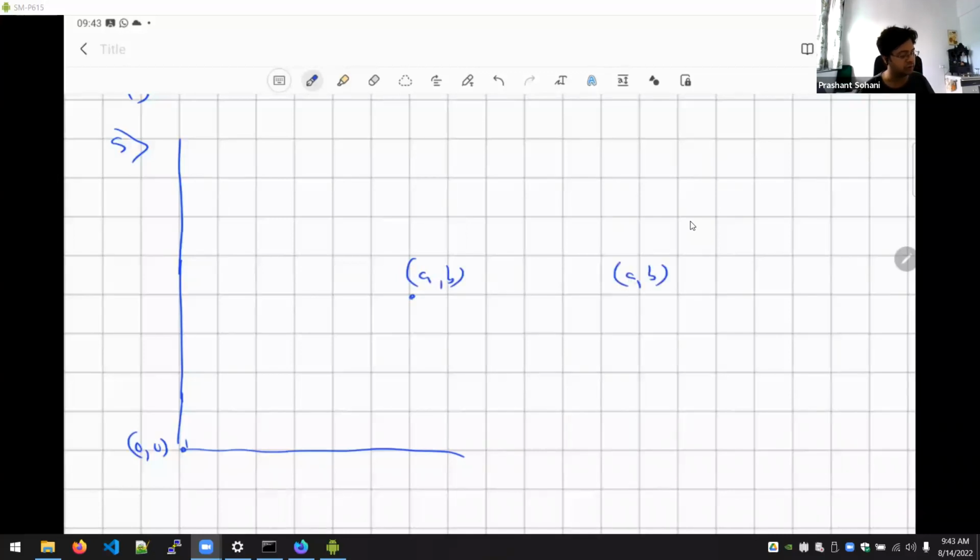So if the GCD of A, comma B, and by the way, this is why I prefer to write GCD(A, B). Some literature just uses the bracket notation to denote GCD, but this is precisely the question where the bracket can refer to the point coordinates or the GCD. So there is some ambiguity there. So just write GCD(A, B) is 1. If the GCD is 1, then it will have a direct line of sight with the origin because no other point will come in between. And just to illustrate, the best way to quickly finish this problem is to consider the equation